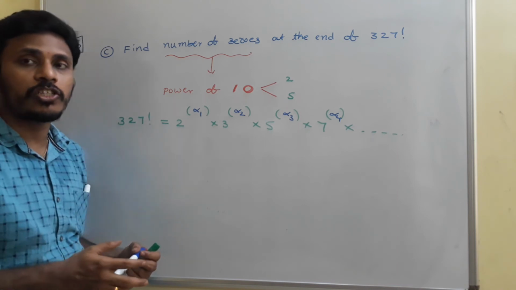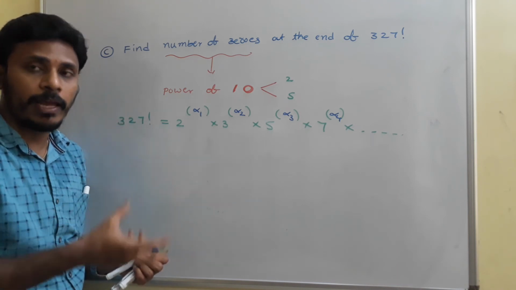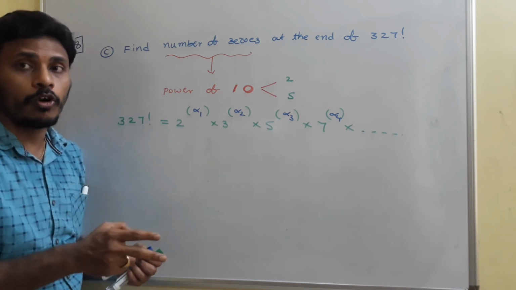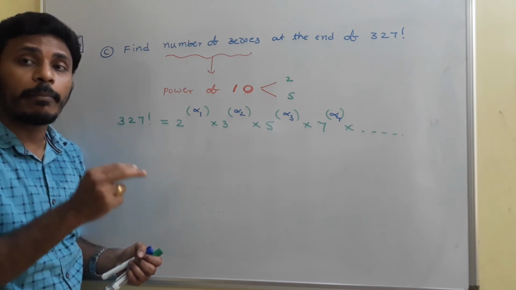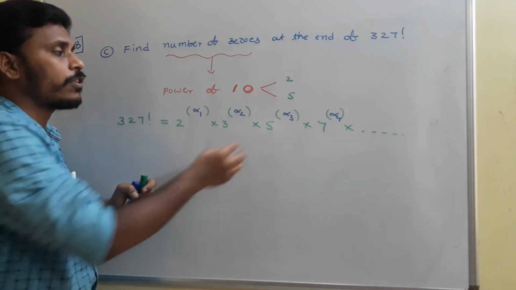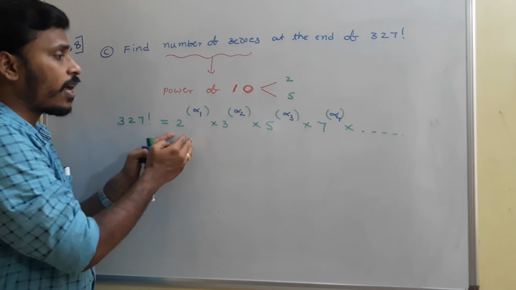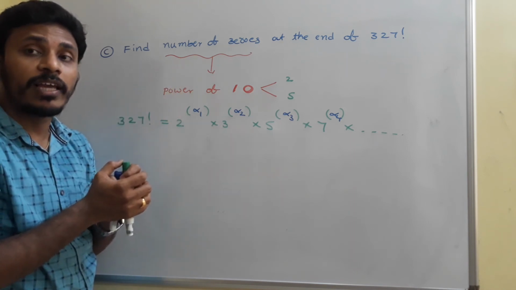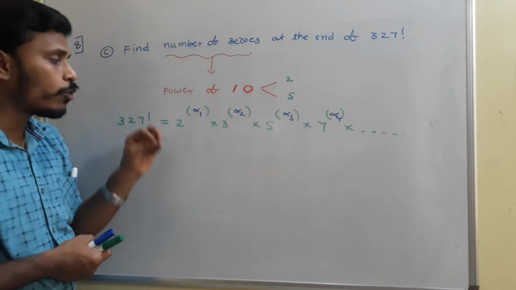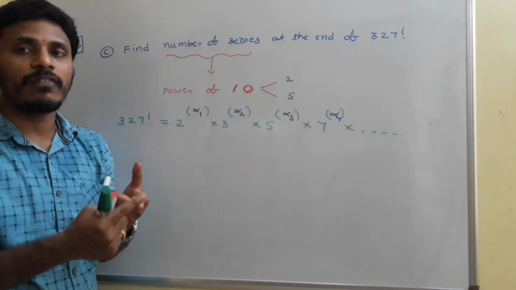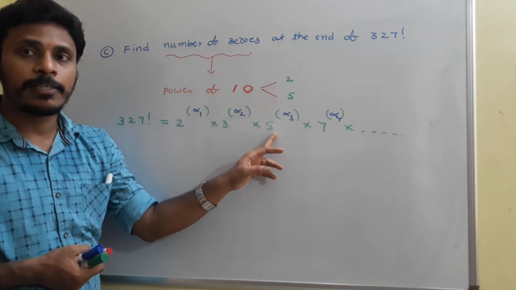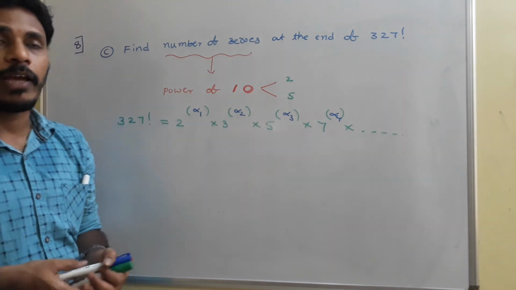Like that, if you take any consecutive numbers, a 5 is there for every 5 numbers, but a 2 is there for every 2 numbers. That's why the number of 5s is less and the number of 2s is more. To make a 10, we need one 2 and one 5. Suppose there are 3 5s and 10 2s, how many 10s can we make? Here we have only 3 5s, so collect 3 5s and collect 3 2s. These together will make 3 tens. That's why it is enough if you calculate the power of 5, and that's your answer.